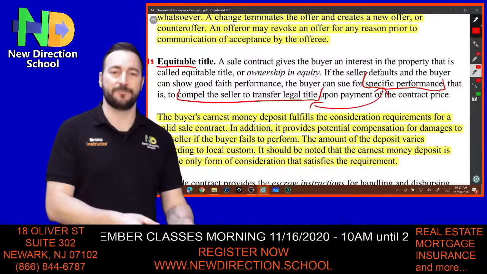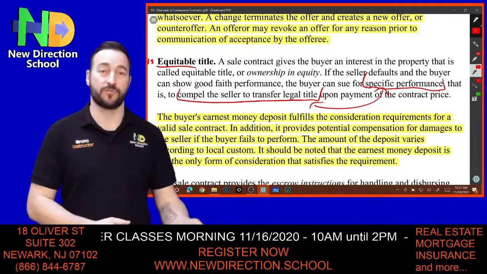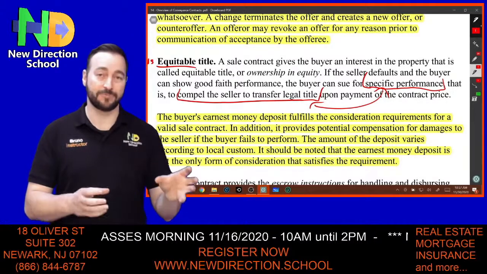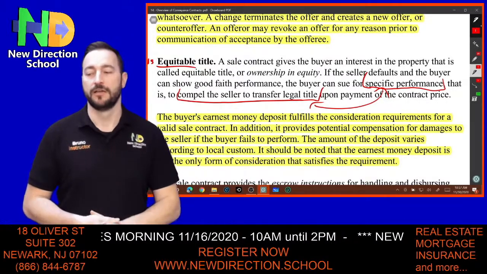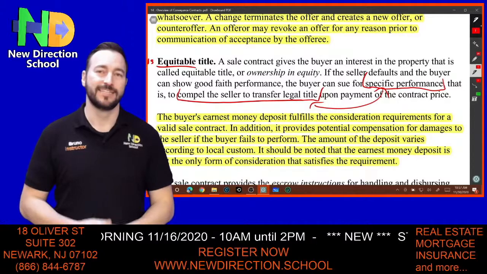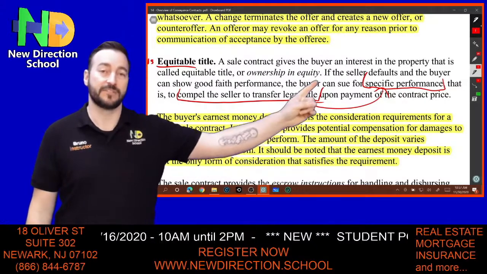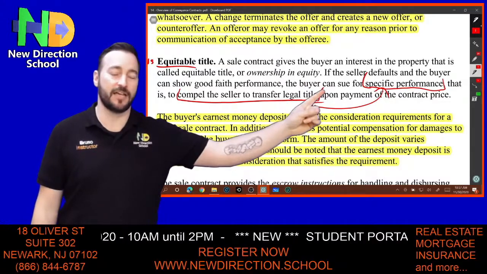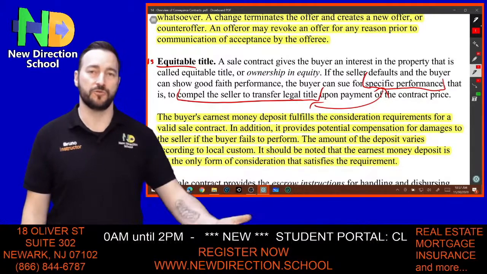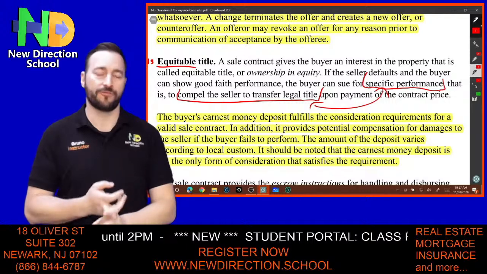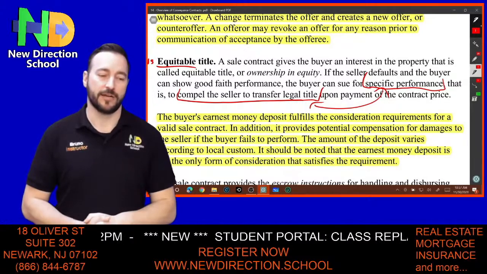But a lease with option or a contract for purchase, right? And the option is a contract for purchase, right? The lease with option or contract for purchase tie the seller in such a way that if the seller defaults, if the seller says, no, I'm not selling, the buyer can sue for either compensation or for performance of the contract. Right?